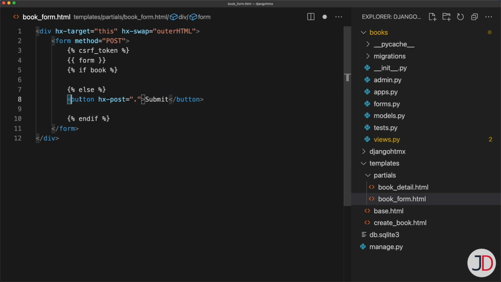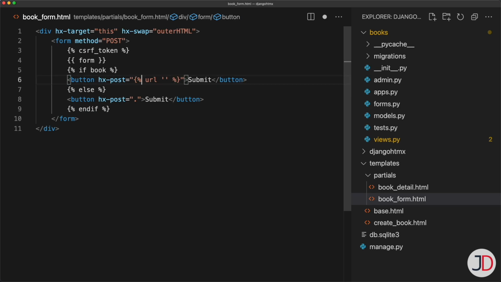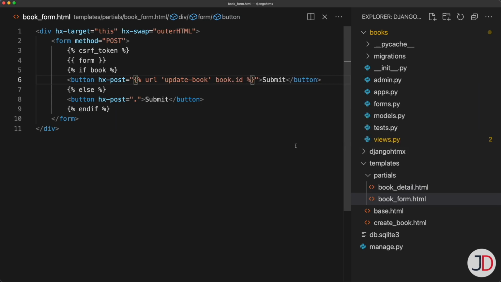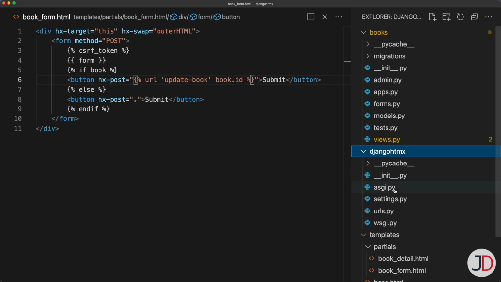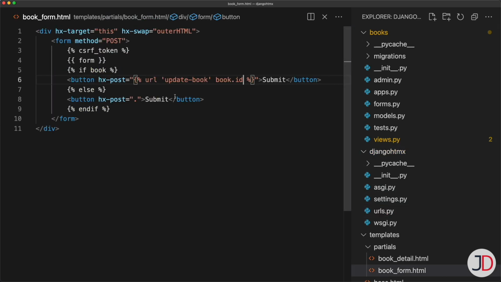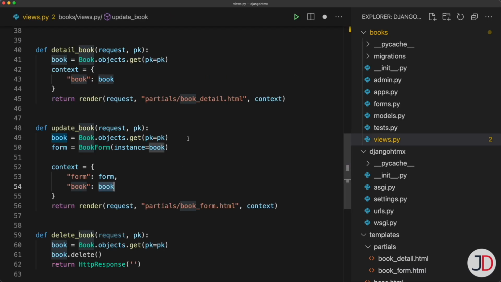So if there's no book, then we're just submitting to the current URL. But if there is a book, then we need to submit it to the update view, which is going to be another URL. And then just need to add the name in there. So this is going to be update book, and it's going to take the book ID. So update book, we'll just double check that that's correct. Update book, that takes the primary key, which is the book ID,